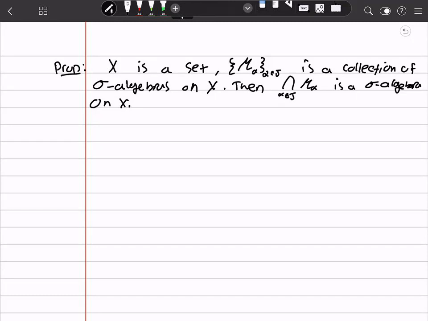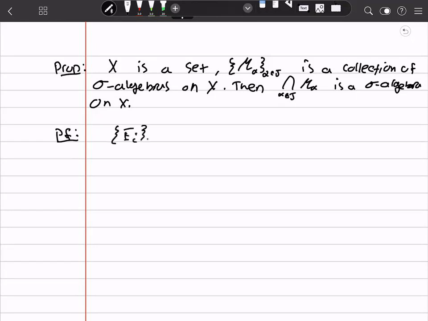And the proof of this is pretty standard. This is a standard proof to show that the intersection of a collection of some objects satisfies a certain condition. So what do we want? Well, we want a collection